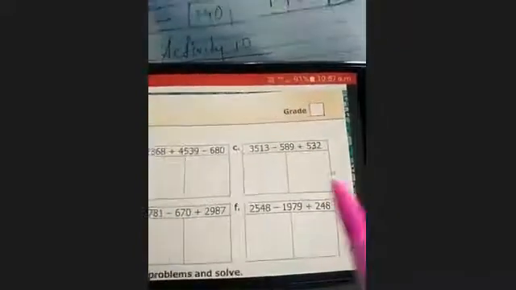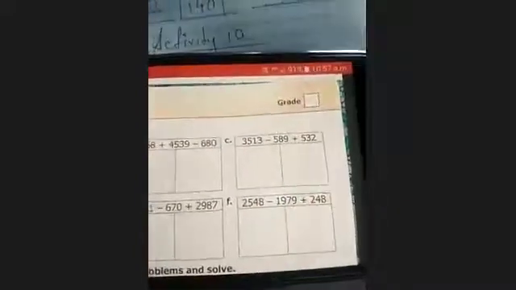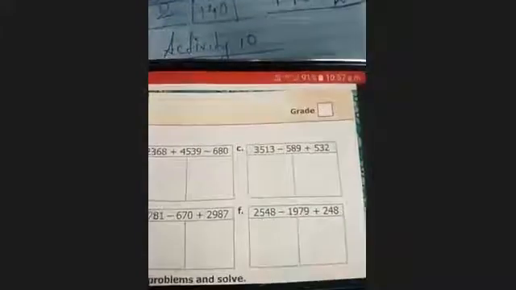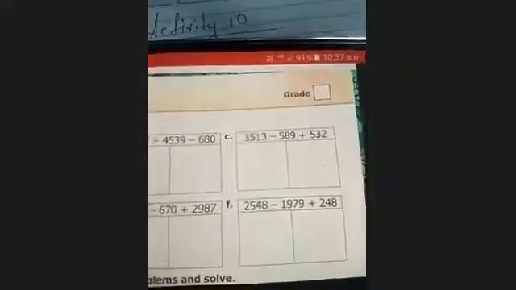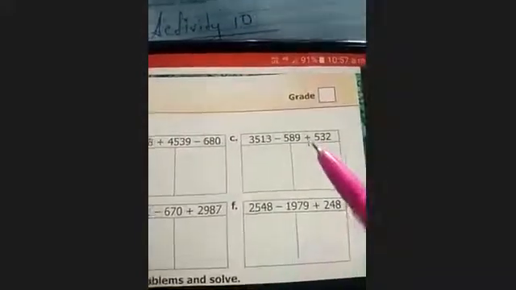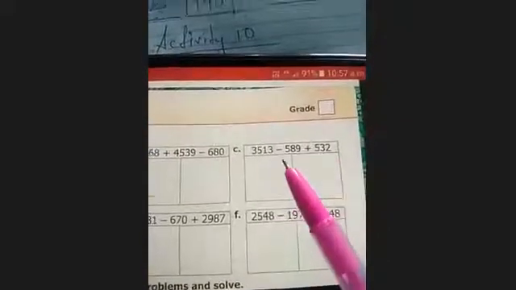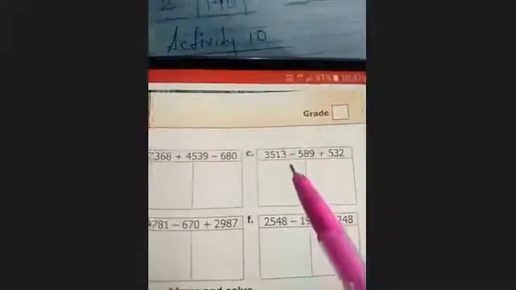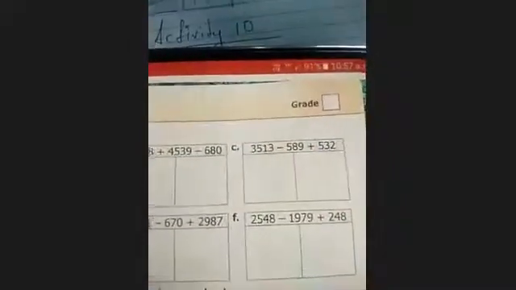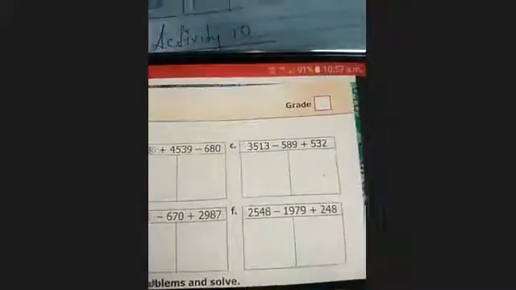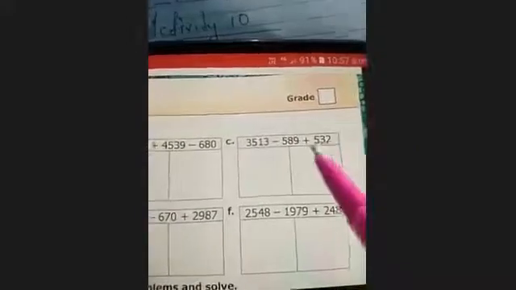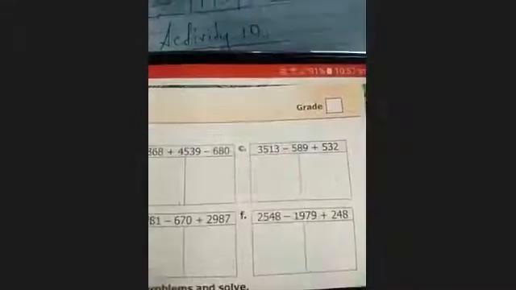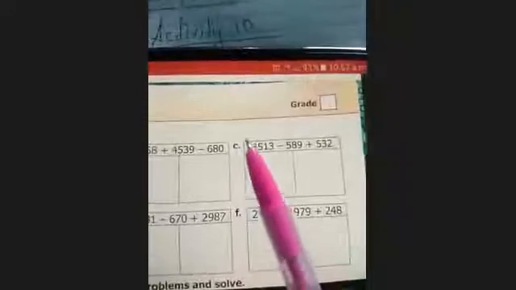So we have to check for the friends, or we have to check for the similar symbols, because this is the symbol of addition, this is the symbol of subtraction, right? So we have to check for the similar symbols. Similar symbols means equal symbols, like this is plus and there should be plus also. Here no sign is given.